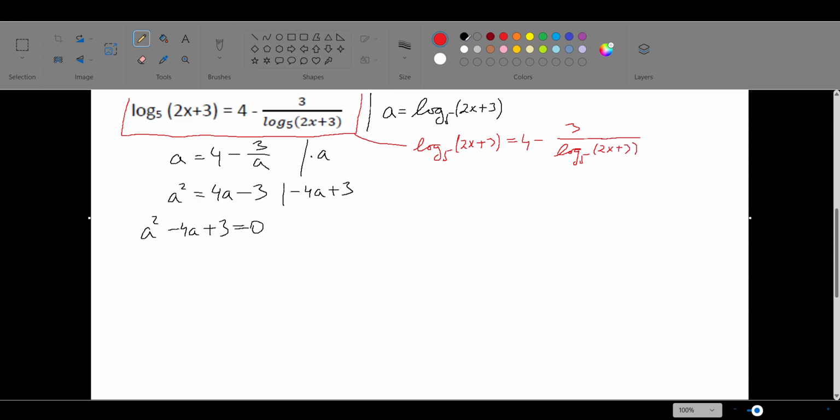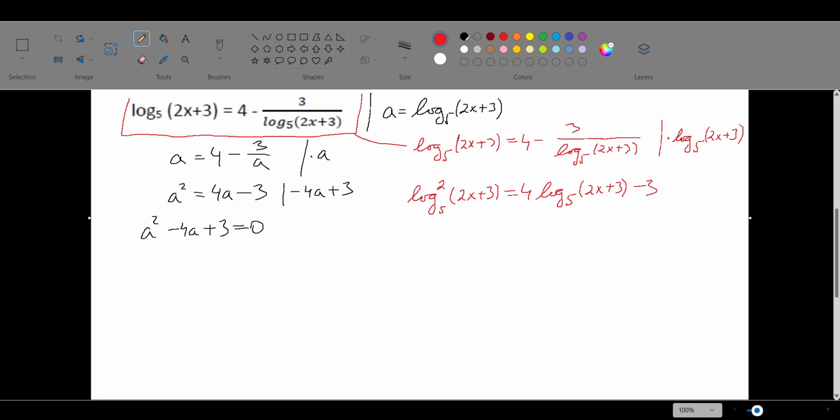As this is an equation, we can multiply it by the expression log base 5 of 2x plus 3, and you will get something like the equation we were solving before. Log base 5 squared of 2x plus 3 is equal to 4 times log base 5 of 2x plus 3